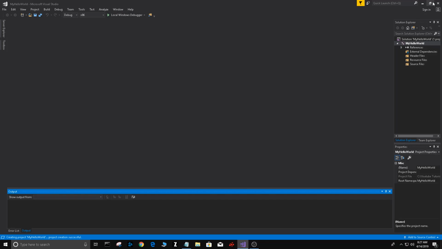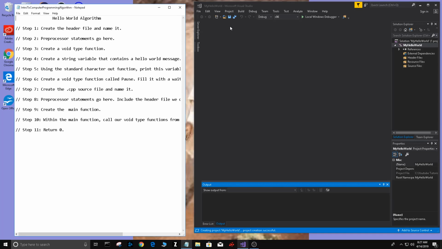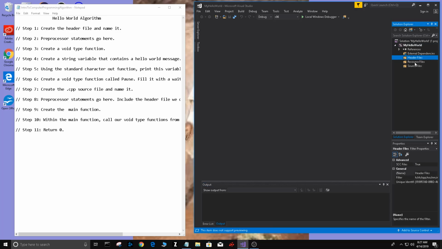And that's another good reason to have your program resized, have the window resized off here to the side. That way we can go through this and copy and paste it over. Alright. But to get started here, what we're going to do, you're going to go to your header files, because